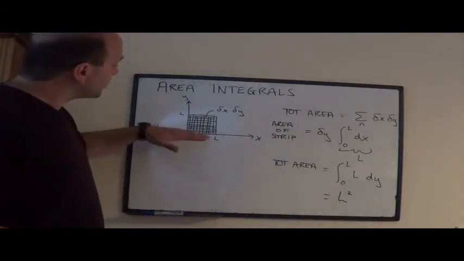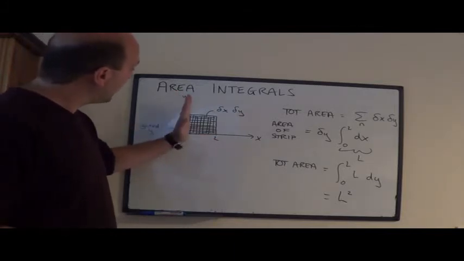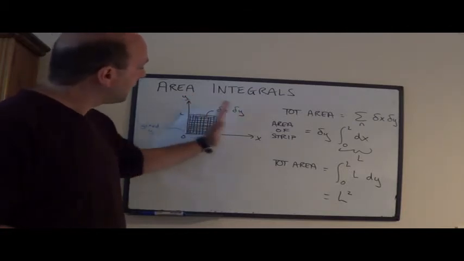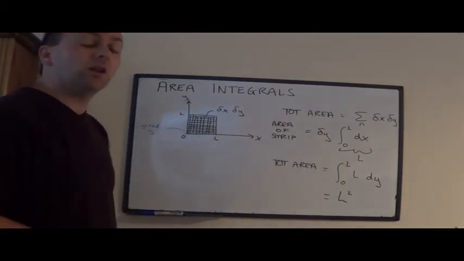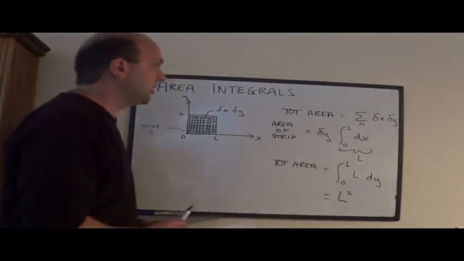Of course I could have chosen to have done my sum of squares in a different way. I could have done the y integration first and then added those strips in the x direction, and that would have given me the same answer. So I could have done the x and the y integration in the other